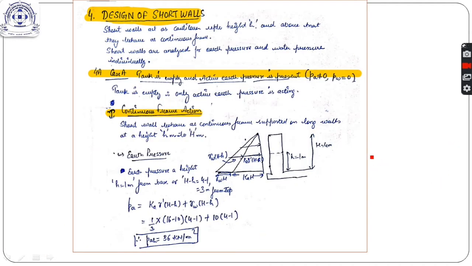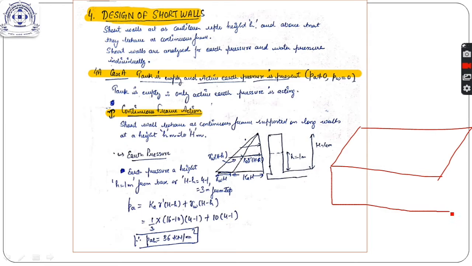The short walls act differently, because I explained in the previous lecture on rectangular tanks with L by B greater than 2 that as the length of the long wall is too long, it does not get much support from the short wall. So it was behaving like a cantilever up to its full height, as we did in the previous part. Now the short wall is getting some support from the long wall, but the whole length of the long wall cannot support the short wall. So it is assumed that the end 1 meter portion of the long walls is supporting the short walls, both the short walls.